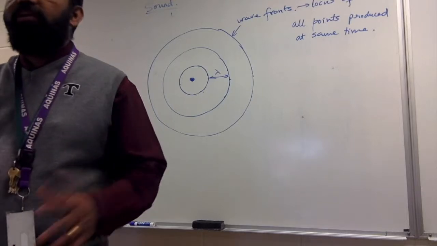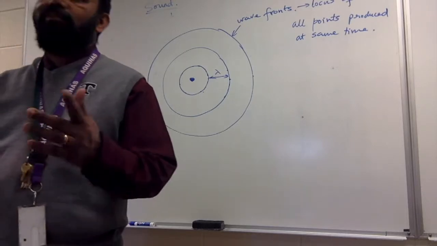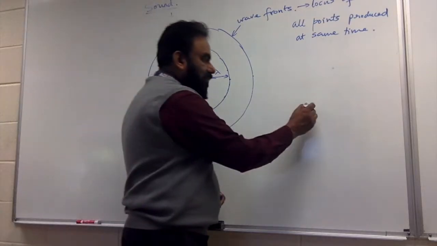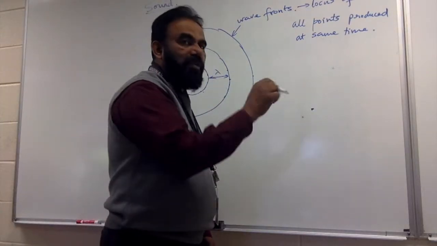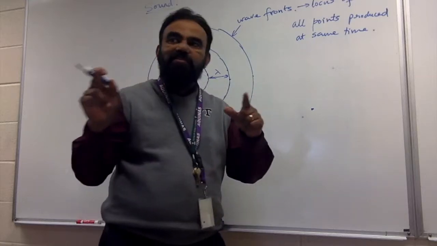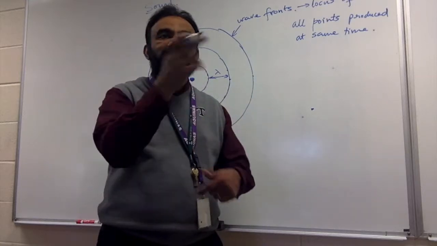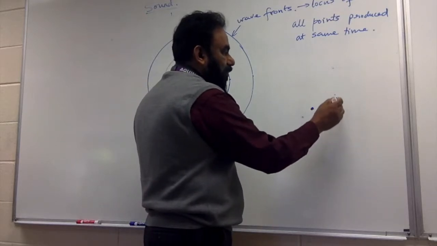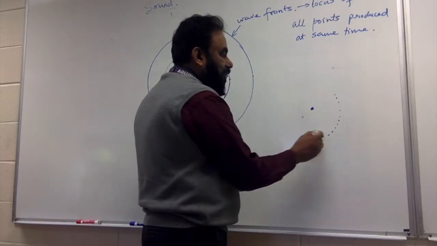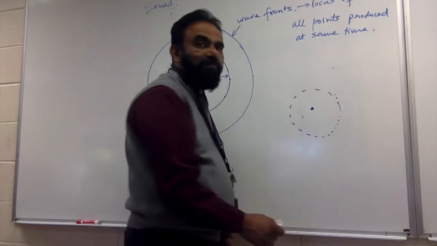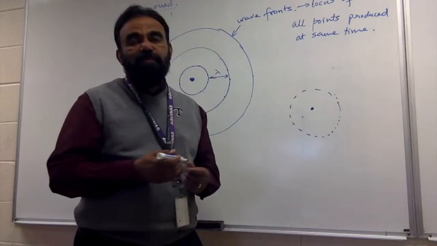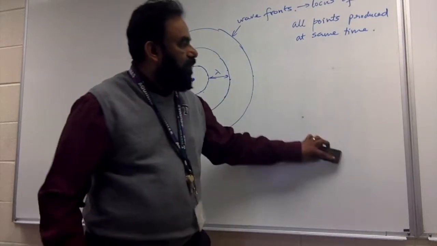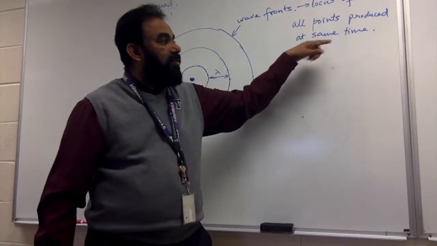What do you get geometrically? What do you get? Circle. So in other words, if from this point you take the locus of all the points which are exactly 5 centimeters away, you end up getting a circle, right? Because exactly 5 centimeters from here, this is one point, another point, another point, another point. So if you connect all those points together, you get a circle. So the word locus simply means connecting points. Okay? So the locus of all the points produced at the same time